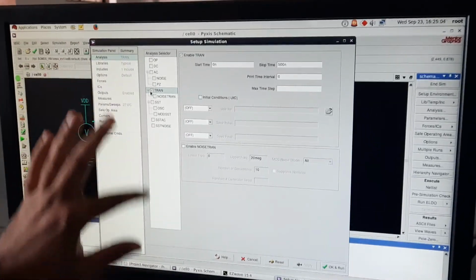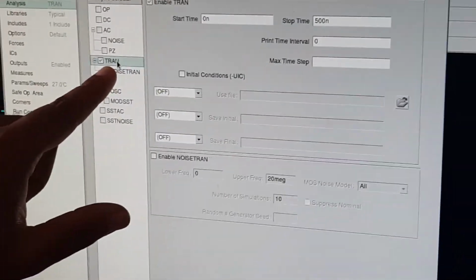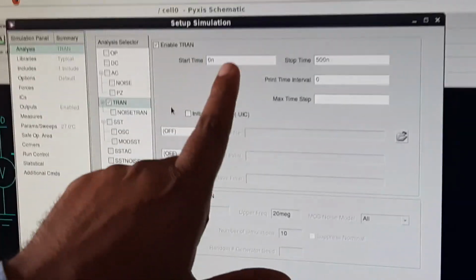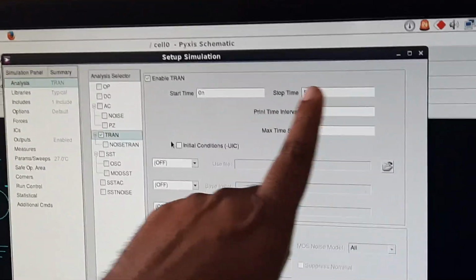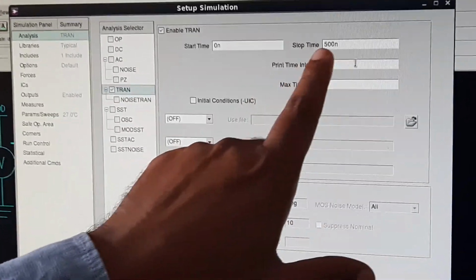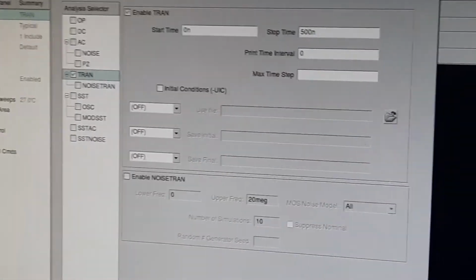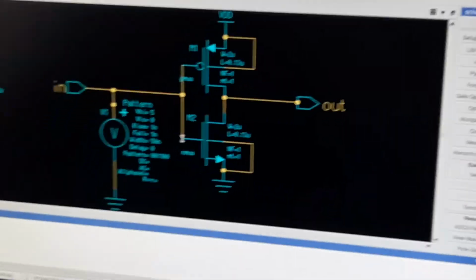There are many options, and one option is transient. Here you put a starting time and an end time. The end time is 500 nanoseconds. Then you click on OK and run.